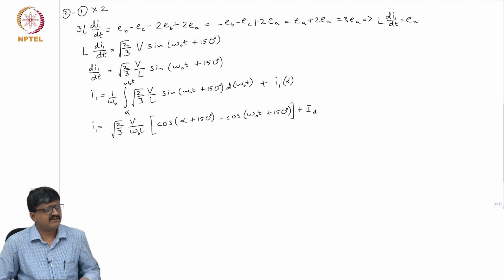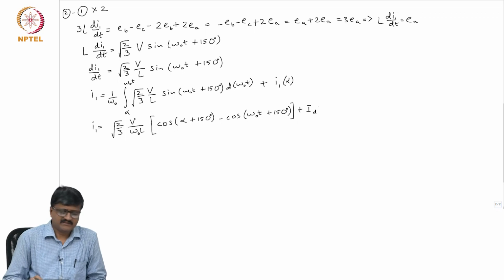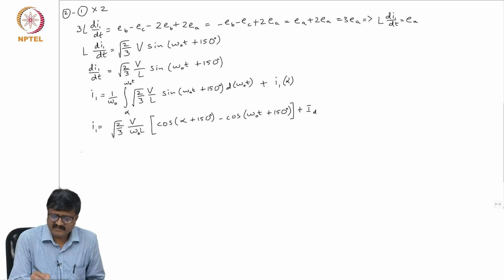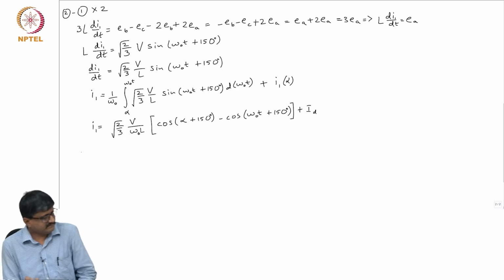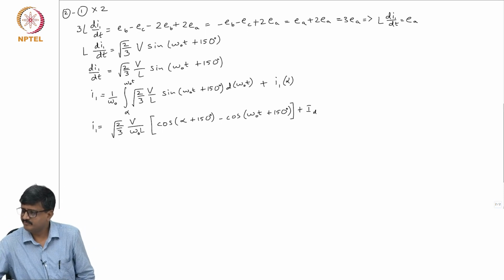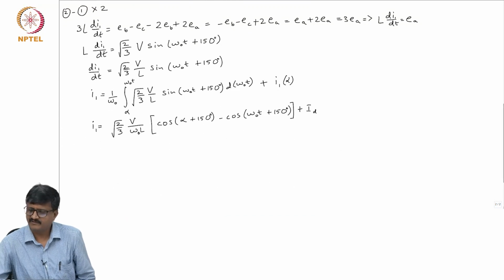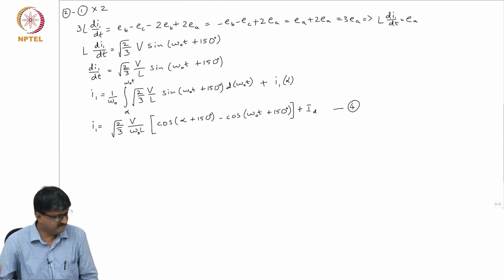Now is this okay? See, what is the other way? The other way is you just do the integration with a constant of integration. I mean, both will give the same answer. Now this is because I1 of alpha is ID. So let me call this equation number... I have used equations up to 3. So let me call this 4. This is equation 4.